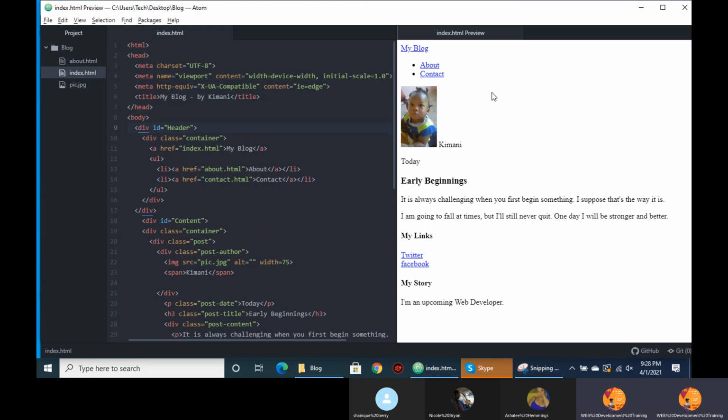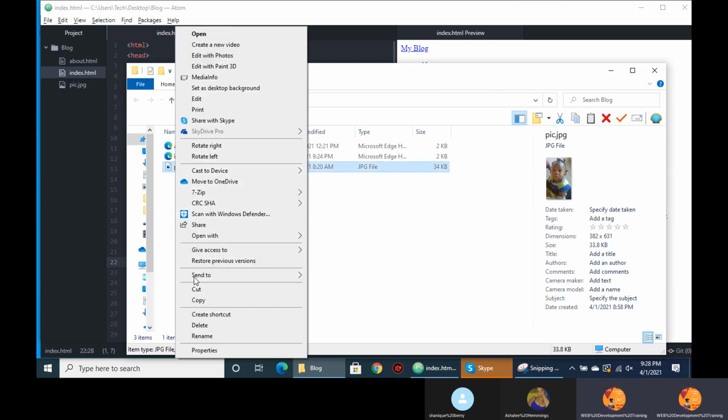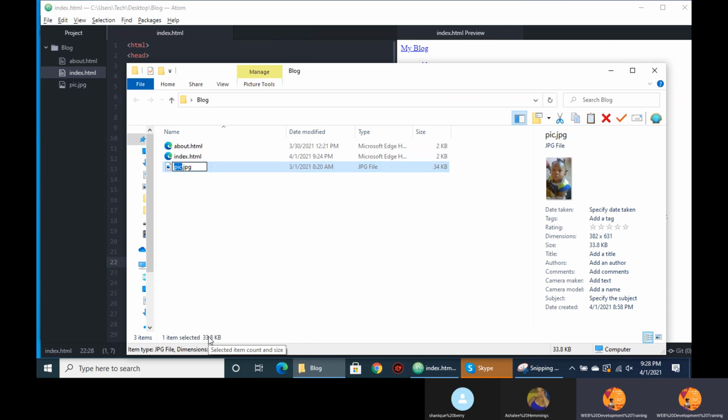Alright, I see that one person has loaded the code in Atom so far. So you're going to change the image to one of yours, obviously. Where you have pic.jpg here, make sure you add the name spelled exactly as you have it in the folder. Mine is called pic.jpg, yours should be called me.jpg. So for example, if I rename this to be me.jpg,